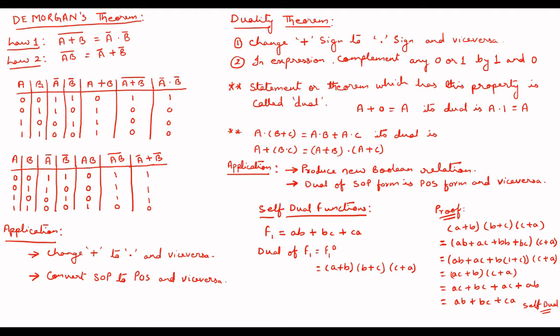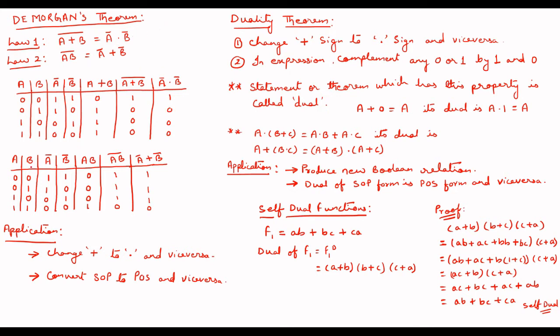For that I have taken two tables, for law 1 as well as law 2. For law 1, you can see I have taken two variables A, B, and as per the requirement I have taken A complement, B complement and these terms finally. If you look into this (A + B) whole complement term, you will find I got 1 0 0 0, the values by ORing and ANDing as and when required. Now if I see A complement dot B complement, the final terms I am getting are 1 0 0 0. So the values in both these columns are equal. So this proves law number 1.